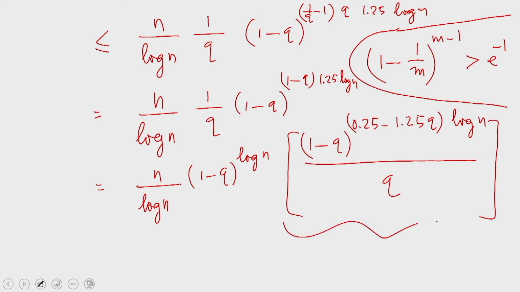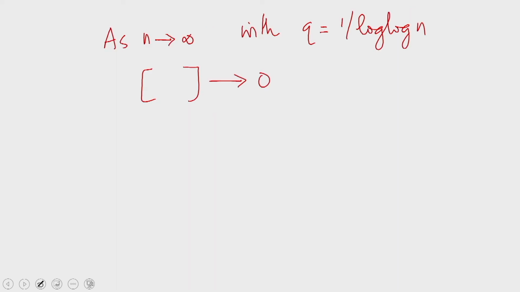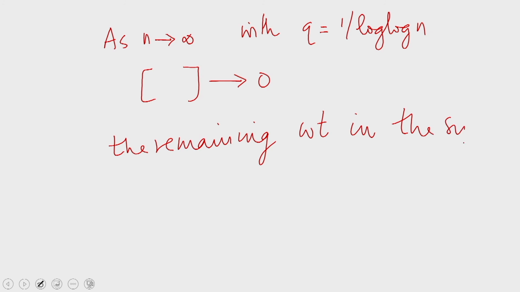So, this quantity goes to 0 as n tends to infinity, which means for sufficiently large n, the remaining weight in the system, when the quantity within the square bracket goes below 1, since it is a rapidly reducing function, becomes less than or equal to n by log n times 1 minus q power log n,